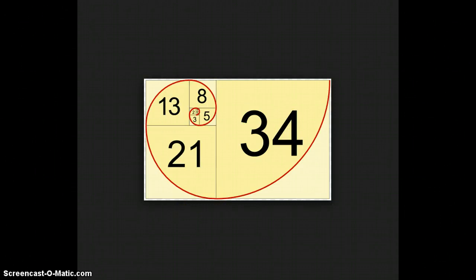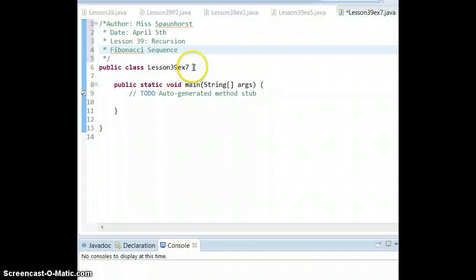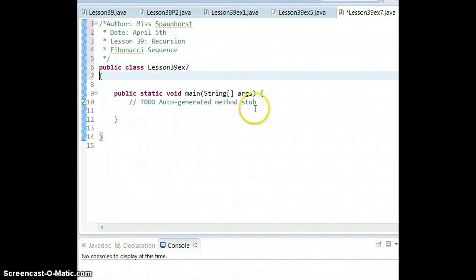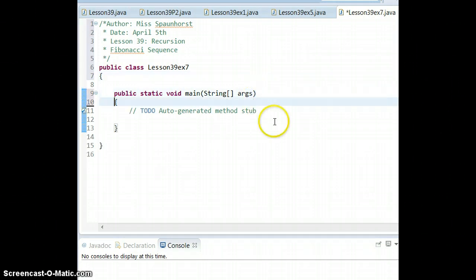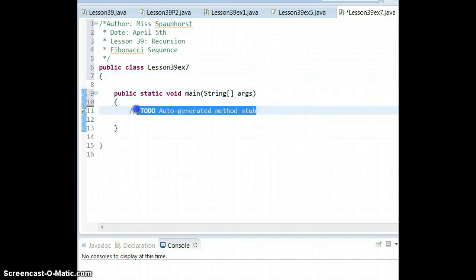And this is actually found in nature too. So it's a number that mathematicians use, engineers use. It's recurring in nature everywhere. So in Java, this is actually one of the easier things to do with recursion, as long as we approach it with recursion. So the thing we need to remember with Fibonacci is that whatever is the first term,